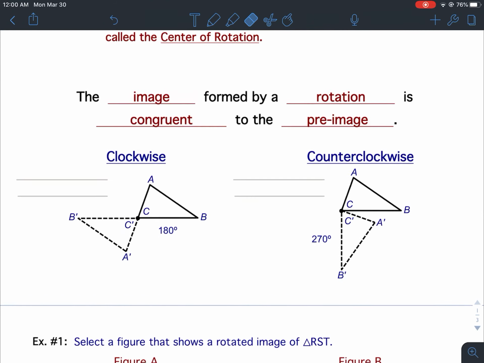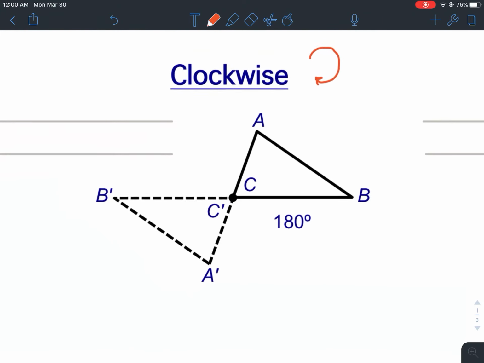Okay. There are two directions that we will be rotating objects. We will either rotate it clockwise or counterclockwise. Now, for clockwise, do your best, but kind of draw an arrow going that direction. That would be clockwise. And if you're unsure about clockwise, just look at your clock and watch, well, as long as it's not a digital clock, that is. And counterclockwise goes the opposite direction. So it would go that way. Okay, so for the clockwise,